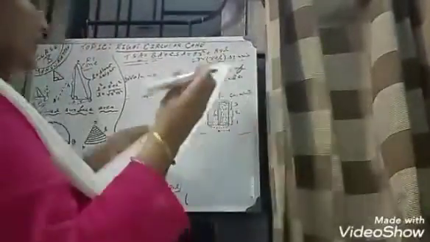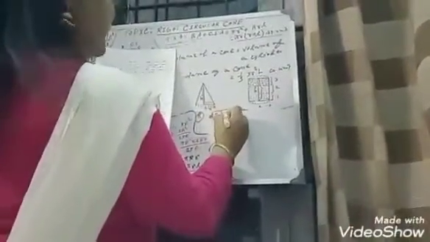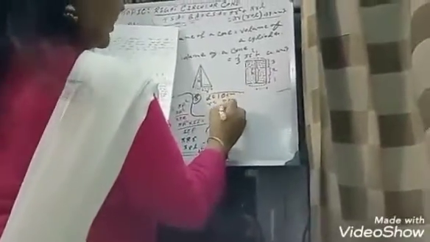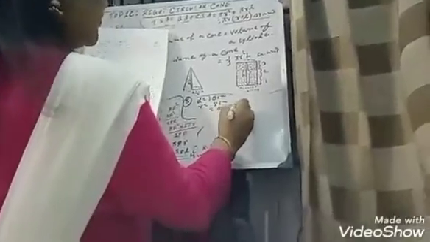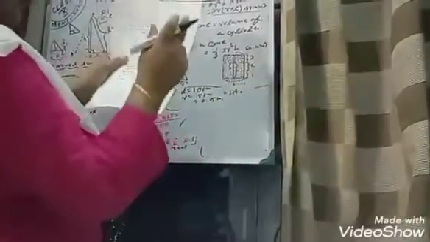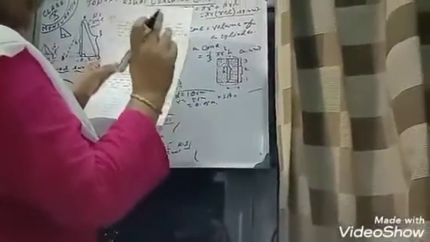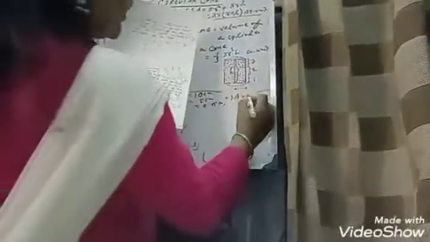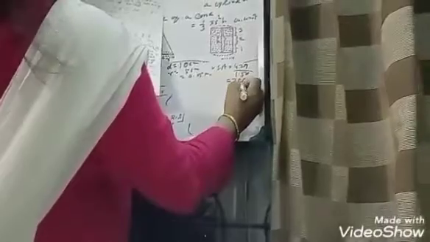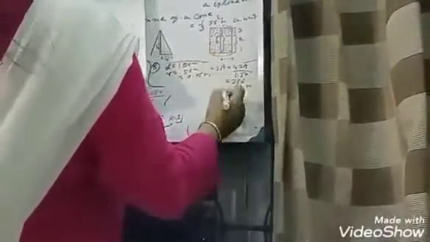So let us write, diameter D is given, this is sum number 8, D is equal to 10 centimeter. So R equals 10 by 2, that is 5 centimeter, or we can write 0.05 meter. And the whole surface area, what is the whole surface area? Total cost to polish is rupees 429, and its rate is 1.50 per square meter. So total rupees 429 divided by the rate, that is 1.50, will give us the whole surface area, that is 286 square meter.